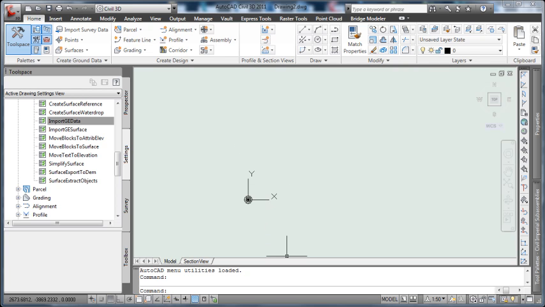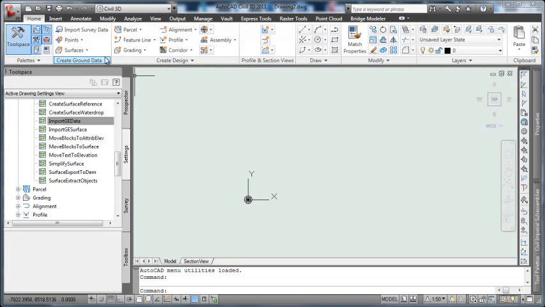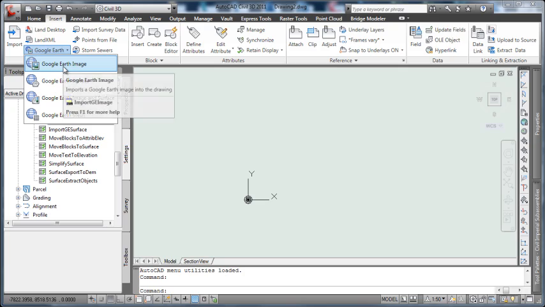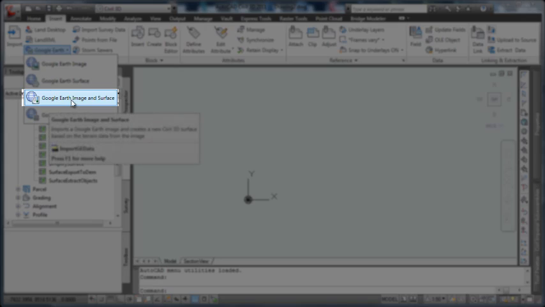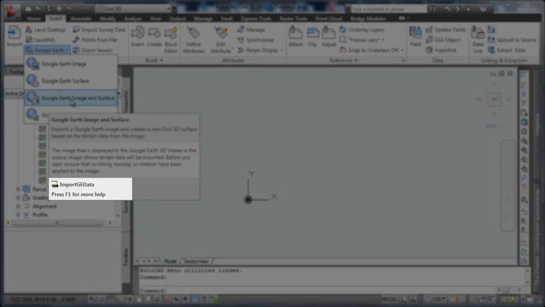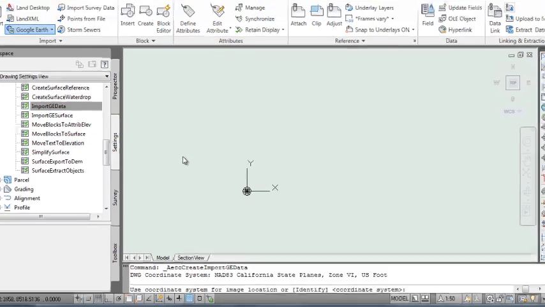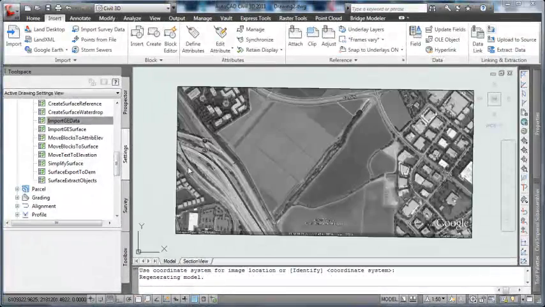So now if we're looking at a particular area in Google Earth and in Civil 3D we wish to bring this across, we go to the Insert tab of the ribbon and go to the Google Earth option. We'll drop that down and we'll see we have Import Google Earth Image, Import Google Earth Surface, Import Google Earth Image and Surface, which is the Import GE Data command, and as we initiate that command it asks us for where we're basically going to place it. So it's grabbing the information from the Google Earth server, and we're going to choose to use the coordinate system, so we'll hit return, and there is the image,